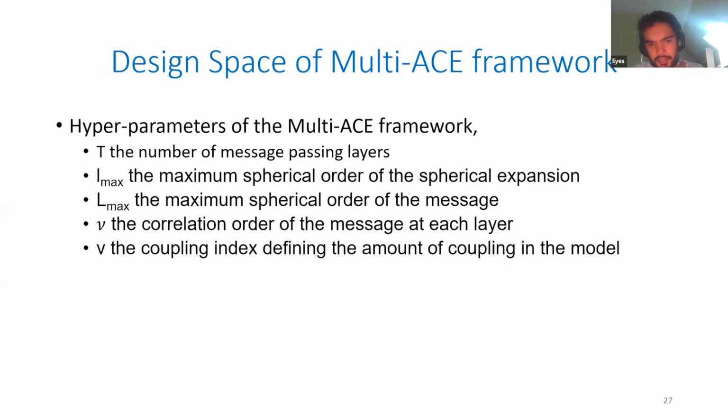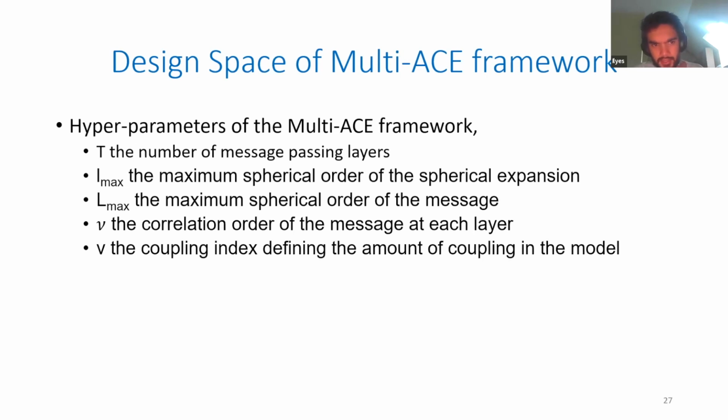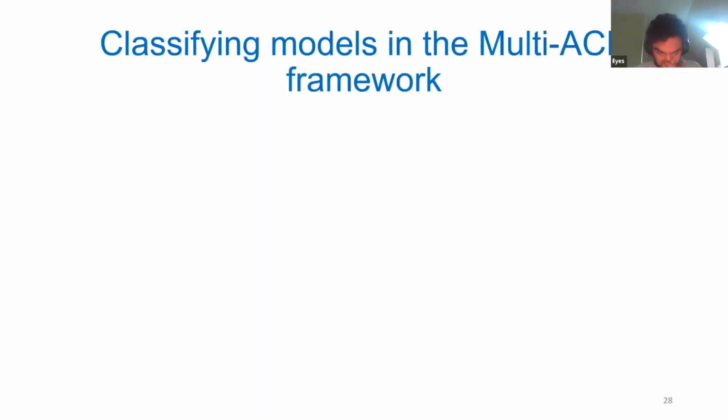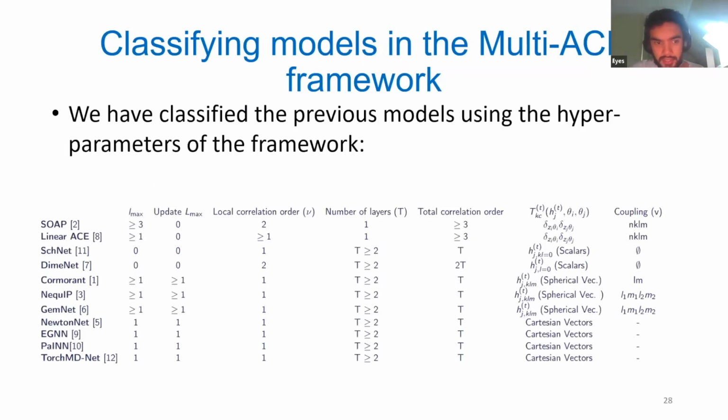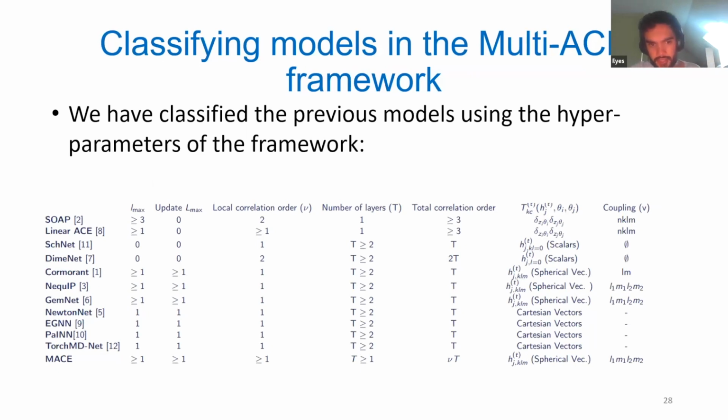David already covered this set to some extent, but we added the number of layers because now we are not just in the ACE setting, but we also stack layers. Using these 5 hyperparameters, you can classify close to all the things in the literature. And here you have a lot of architectures. MACE is a new entry in this design space that is the first one to combine equivariance with higher order messages, and this is the reason for its effectiveness.